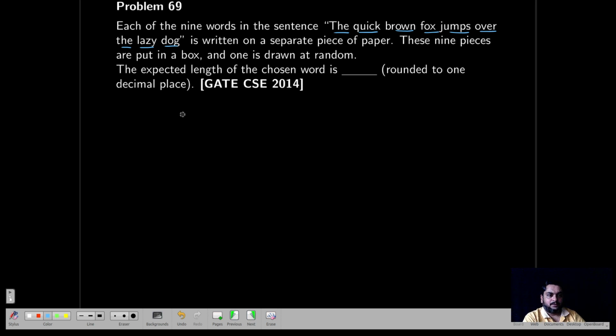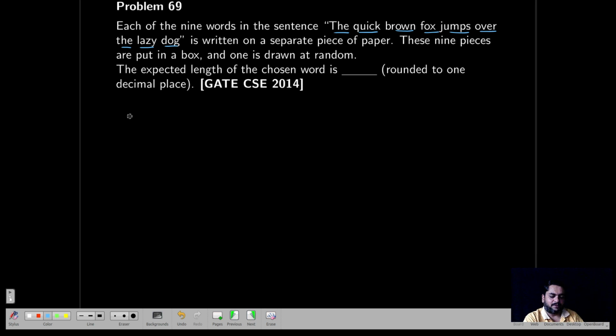Now, these 9 pieces are put in a box. They are written on a piece of paper and then put in a box, and then one is drawn at random. What is the expected length of the chosen word? So to find the expectation,